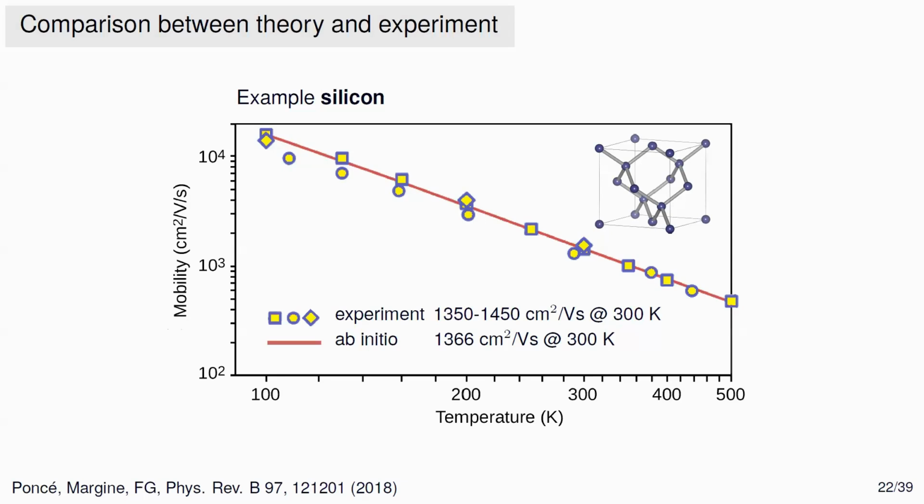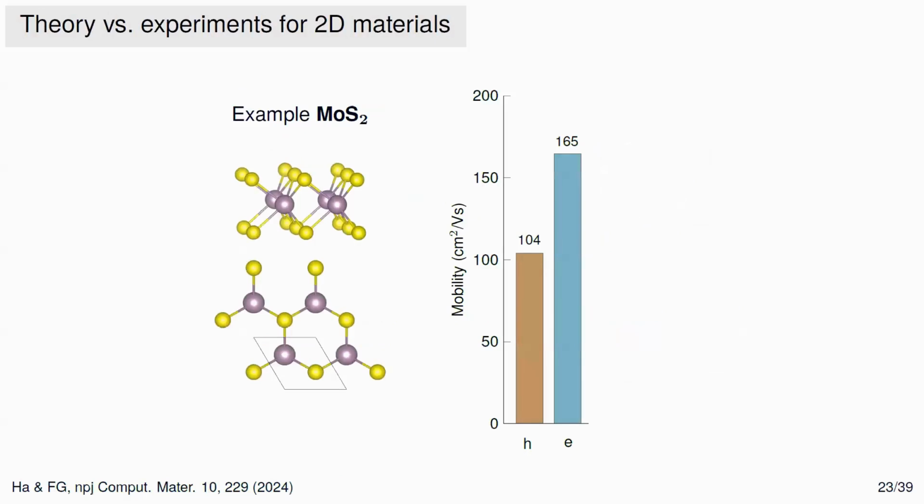In fact, the only parameter in the calculation is the number 14, which is the atomic number of silicon, and that's it. Okay? So this is basically to say that we are getting to a point where calculations are very, very predictive, okay? Even though they're very expensive. Now we wanted to discuss 2D materials, so let's see how this does for 2D.